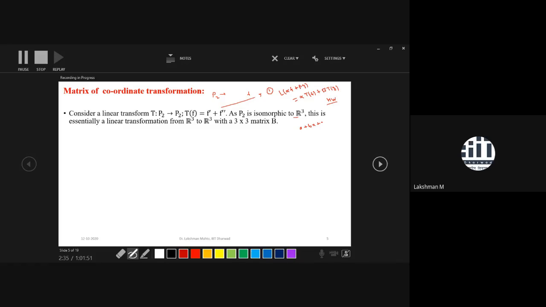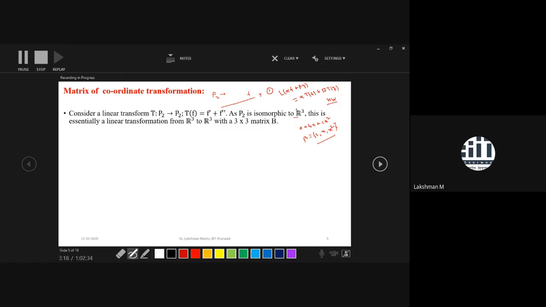If I'm asking what is the standard basis of P2, that means every element of P2 is a linear combination of three monomials. What are those monomials? First one is 1, you can say a times 1. Second basis element is x, and third basis element is x square. So P2 is a vector space with this basis. And how many elements do we observe in the basis of P2? 3. So that's why the dimension of P2 is 3.